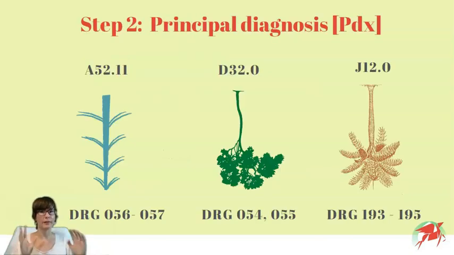Now the first step here in assigning DRGs using the principal diagnosis is to correctly identify the principal diagnosis itself. It is very important because different principal diagnoses will provide us with different DRG decision trees. And once this decision tree has been chosen, we are kind of confined to a given number of outcomes. If we chose this principal diagnosis, these are the questions we are going to be presented with.